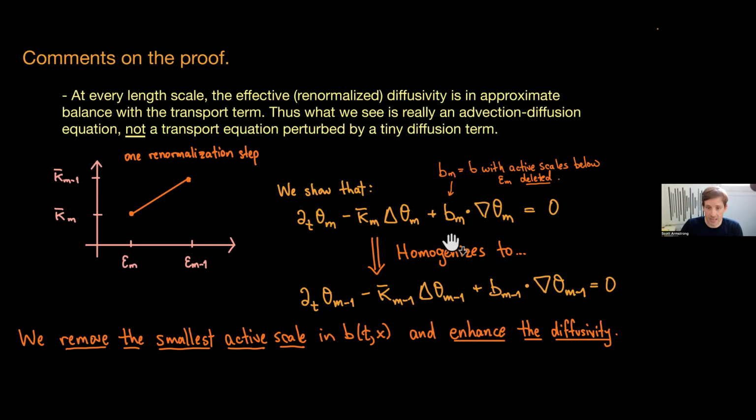And then now this is a smooth vector field. I can solve the equation. And then I'm just going to homogenize one scale. I'm going to say that it homogenizes to this equation where I have erased the very smallest scale that is still left. And this number kappa gets bigger because smaller m are closer to the macro scale. Like big M is small scale. So I go to a bigger scale and I get a bigger kappa. Okay, and that's how the proof is going to work.